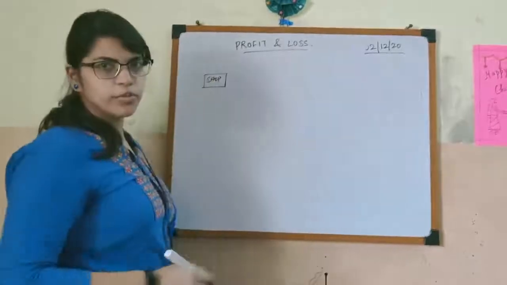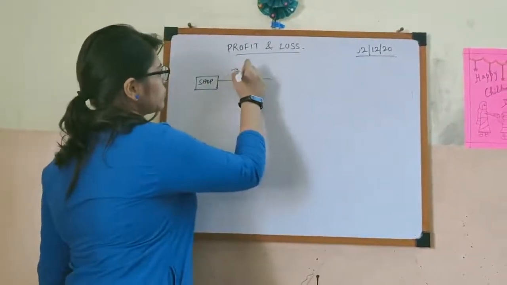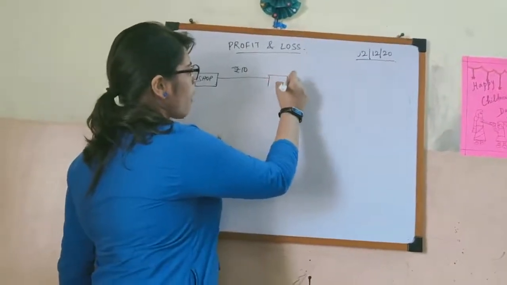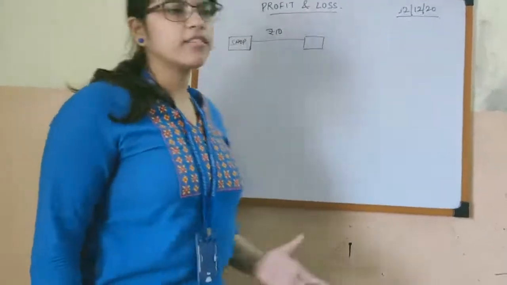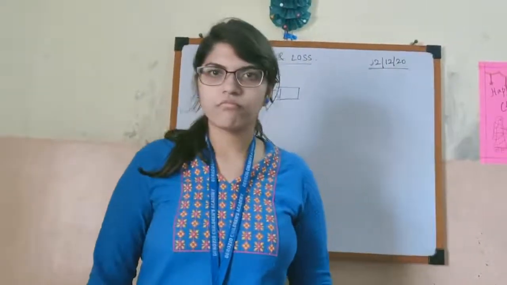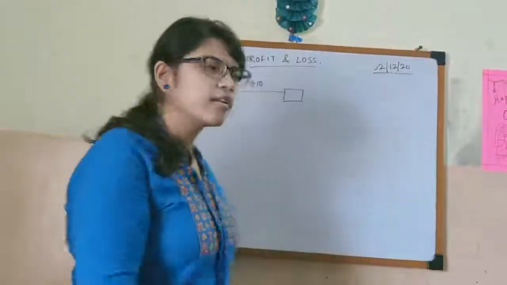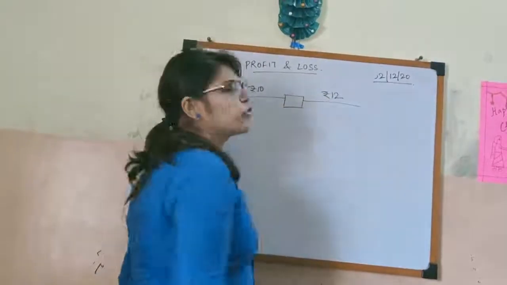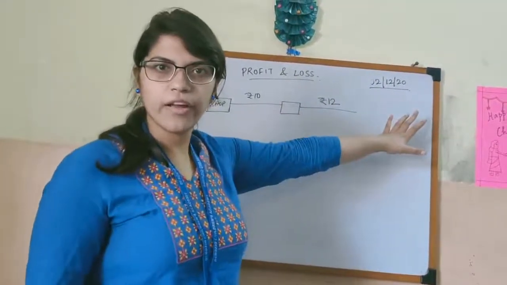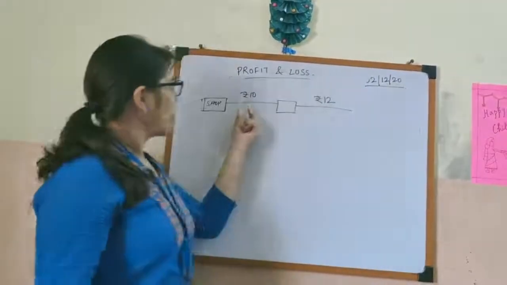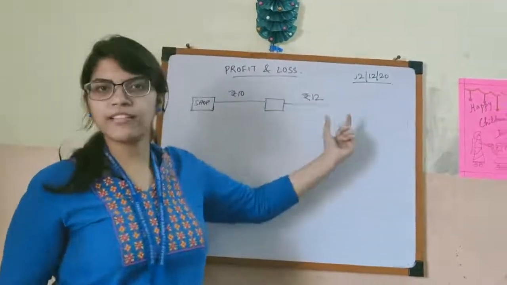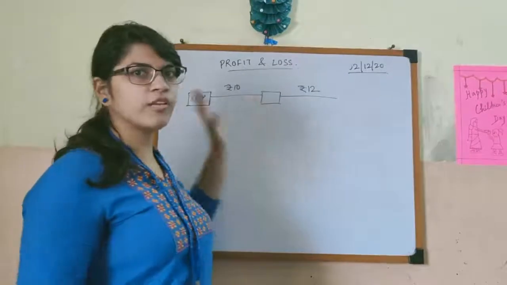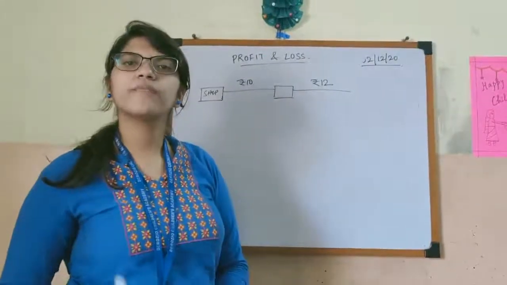So you have bought something from the shop with rupees 10, okay. Now this is with you, but you decide to give it to somebody else. If you don't want to keep it, you will give it to somebody else. So now you have decided to give the same thing at rupees 12 to the next person. In this case what happens? You are giving that next person with some extra money, isn't it? So how much extra are you charging? You are charging rupees 2 extra because it was 10 rupees and you are selling it at 12 rupees.